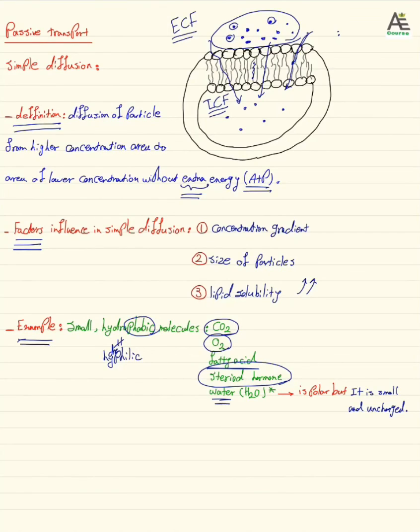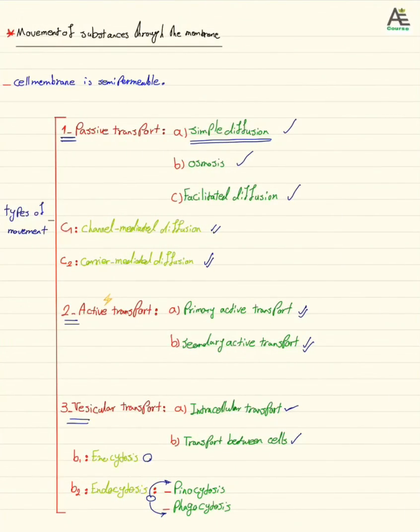And water, but there is a confusing thing about water. How can water pass through the cell membrane with simple diffusion? Because you might say it's polar. Water molecule is so small and it's uncharged, so it can pass through the cell membrane with simple diffusion. And that was all about this lecture, and in the future I will talk about osmosis, facilitated diffusion,